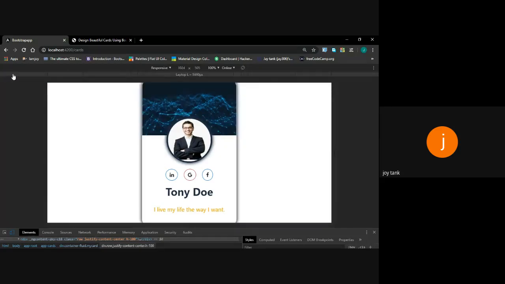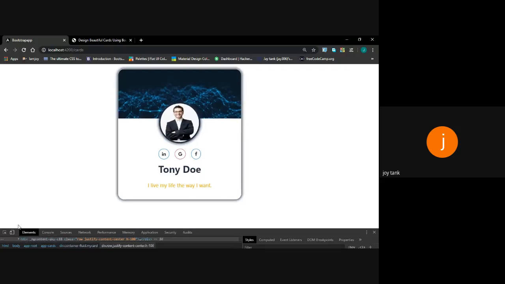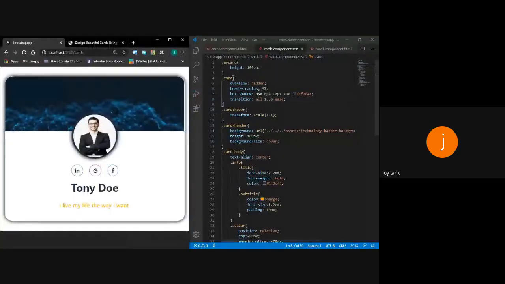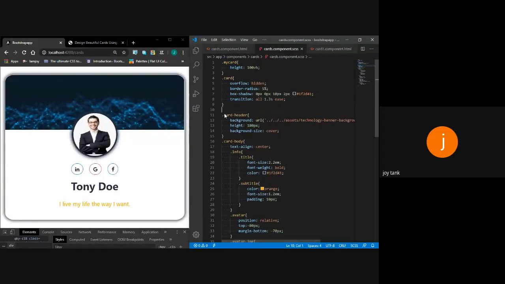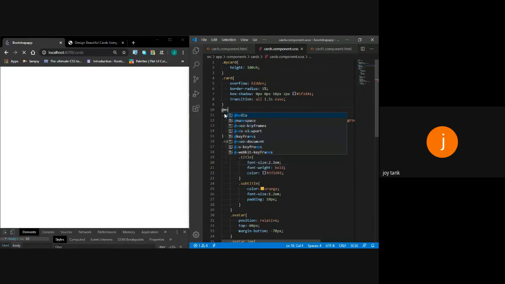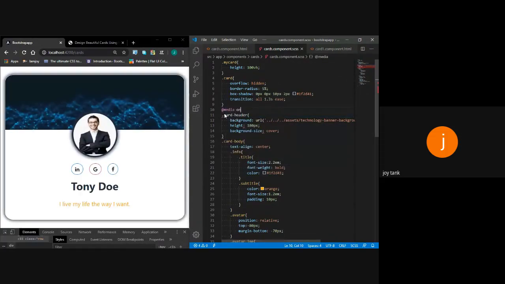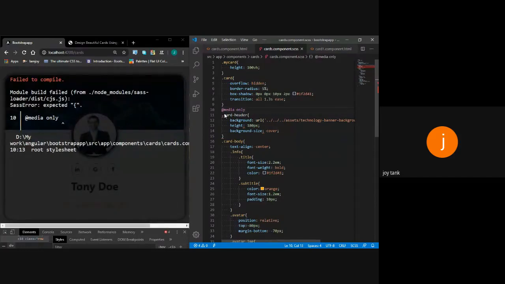So what you will need to do is go in CSS and wrap this thing inside a media property. What this media property does is it takes the screen size of your card, so that this property should appear only within this screen.